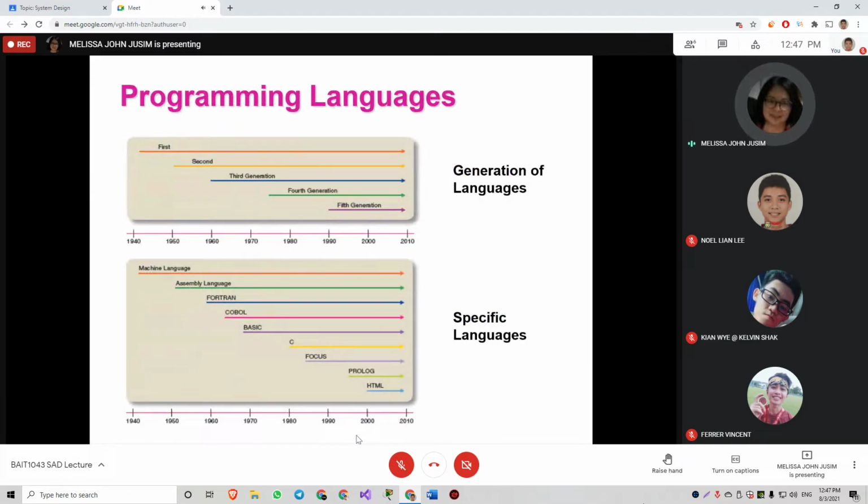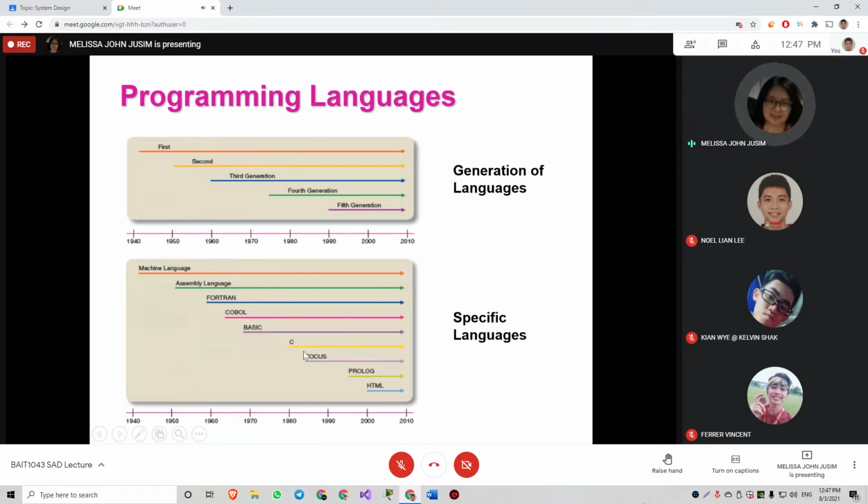In this slide, the first one shows the generation of languages. I'm sure you have seen this: first GL, second GL, third GL, fourth GL, fifth GL, and this is by the specific languages. You have learned HTML with me last year.